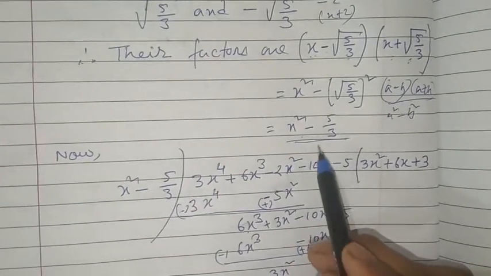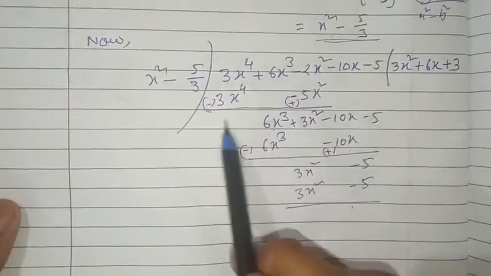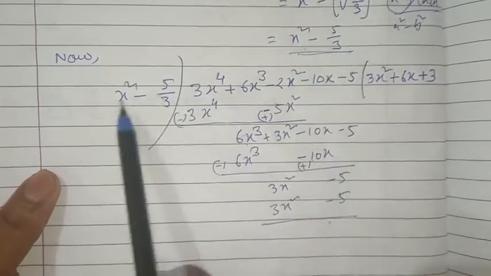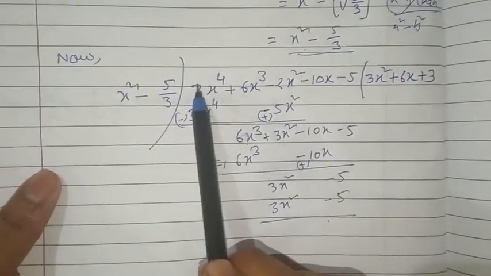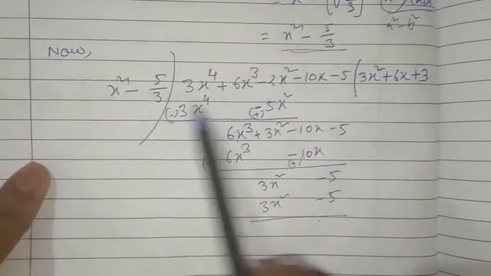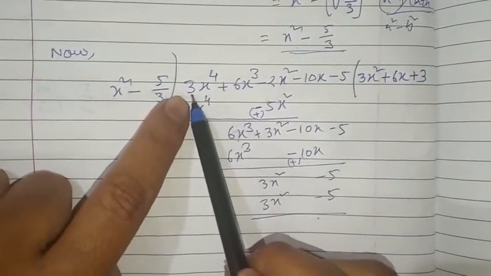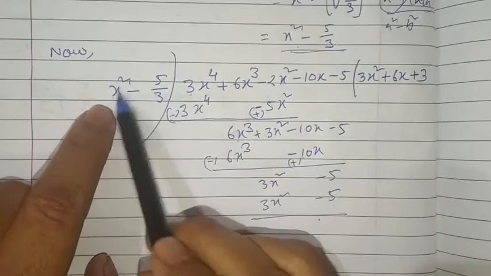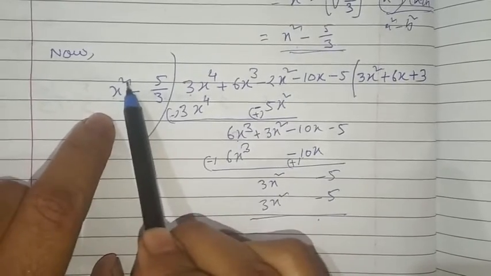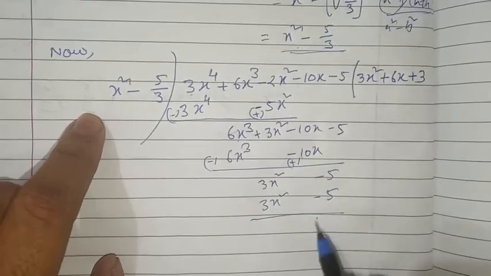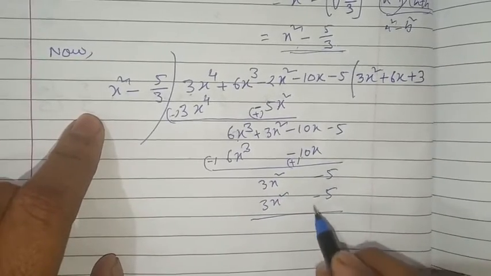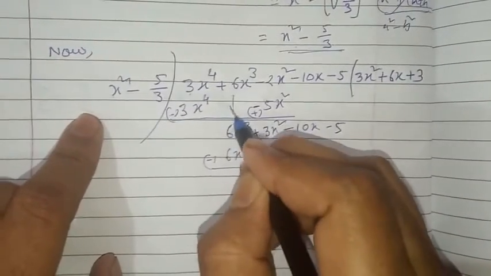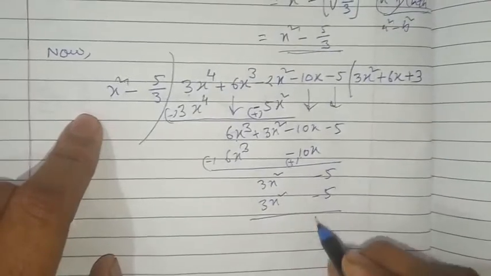What will be the other factor then? For the other factor you need to divide, which you have learned in grade 9, the given polynomial by the factor we got. I have shown you the division here. Just see the first coefficient, that is 3, and the degree is x to the power 4, so we will multiply this with 3x square, because x square is already there, and it will make x to the power 4 and 3. This way we proceed, and this will get cancelled out. After it gets cancelled out, all I have done for you. This is a simple division you have learned in class 9.